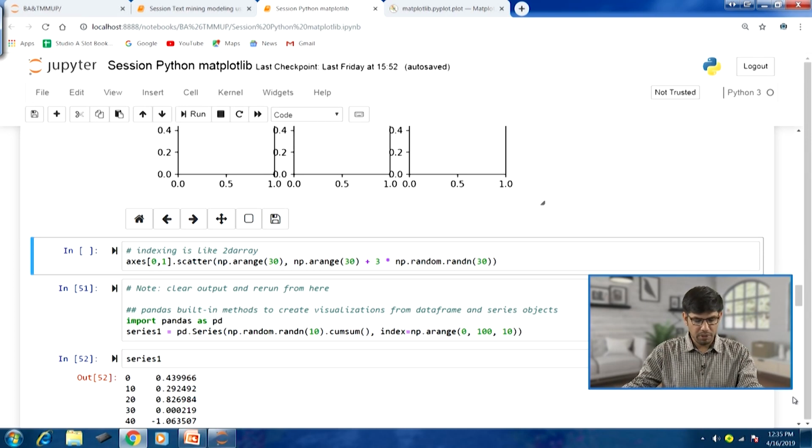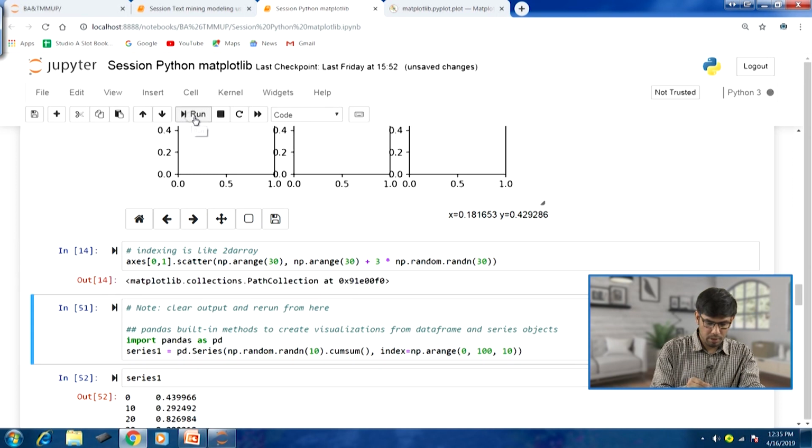Once we have this kind of configuration, we can go ahead with the axis object that we have, and we can use the indices to select the particular subplots where we would like to generate our graphics. So, for example, axis 0 comma 1. This indexing is like a 2D array. So, 0 comma 1 will pick up that top plot there, and we can generate this scatter plot here.